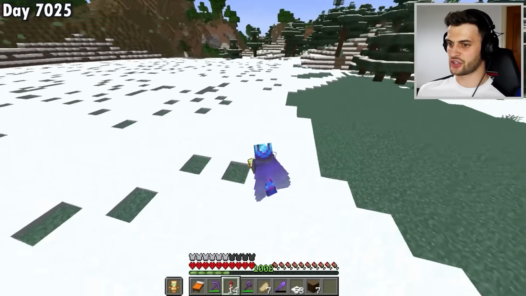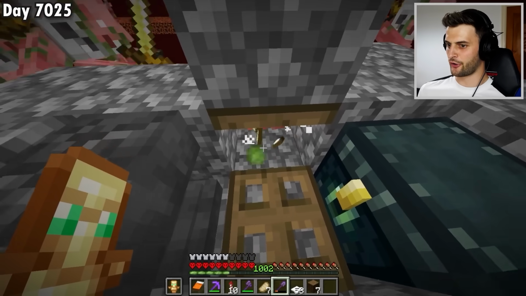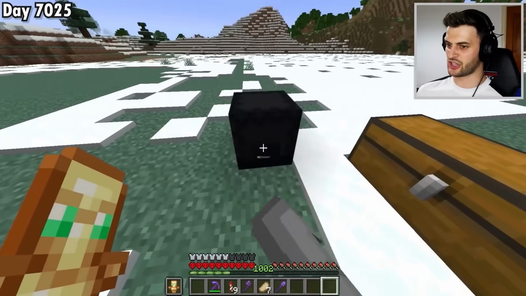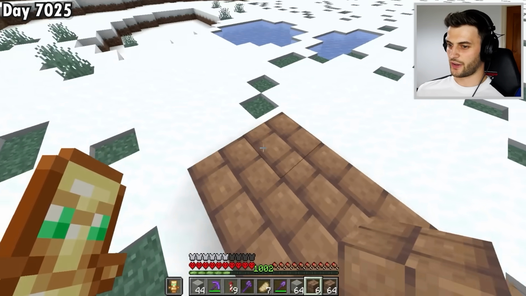The factory is going to go right here. And before I continue, I need to repair this shovel, because I really don't want it to break. As you probably gathered, it takes a lot of materials to build, but to start with, I'm going to get some mud bricks and also light grey wool, plus a load of gravel,